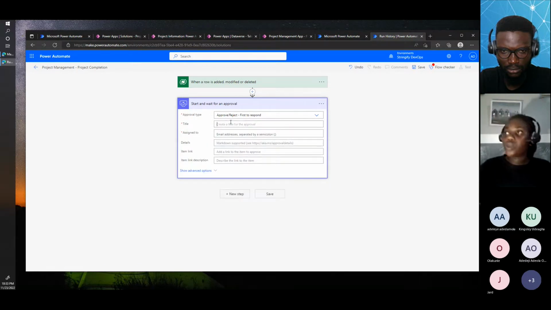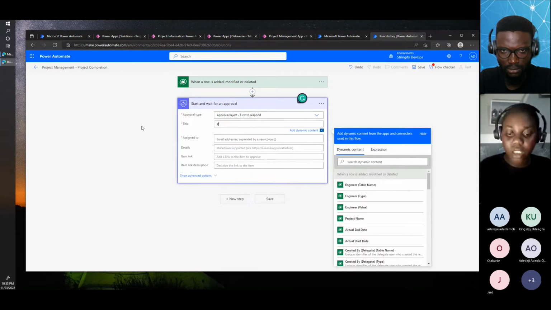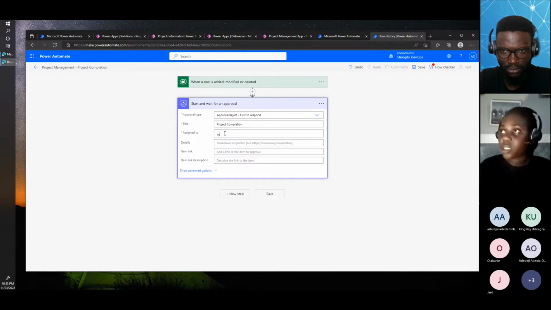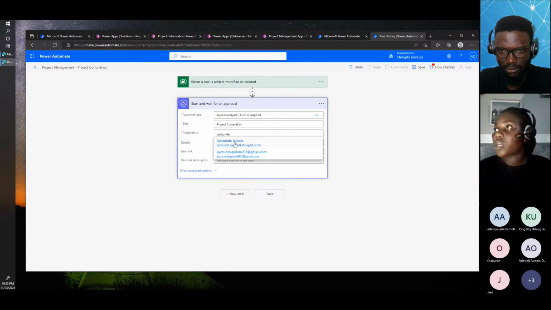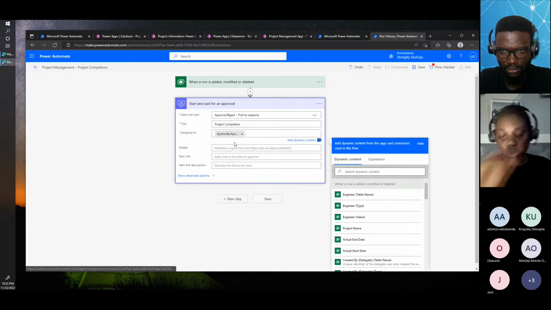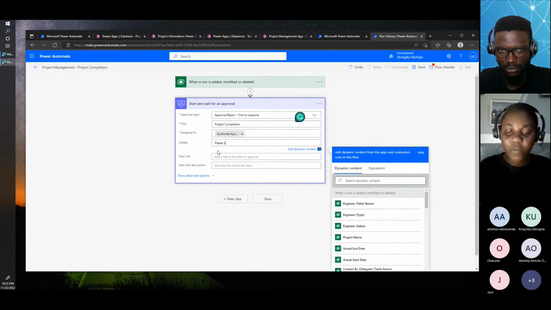This would load up some other items and I need to add details. So the title of the approval notification would be project completion. I'm going to assign it to Ayotunde, that's a specific person. So I'm just going to type his name so that he can help approve it. So I don't have to do everything myself. Then the details of this will just be one line. Please confirm that